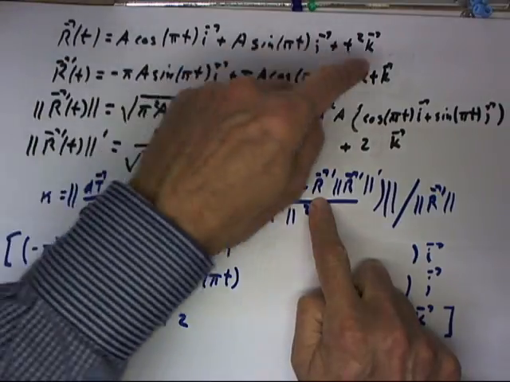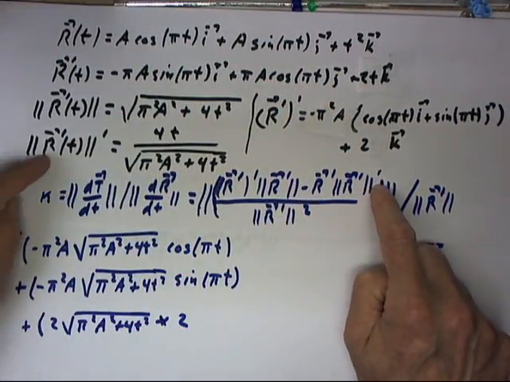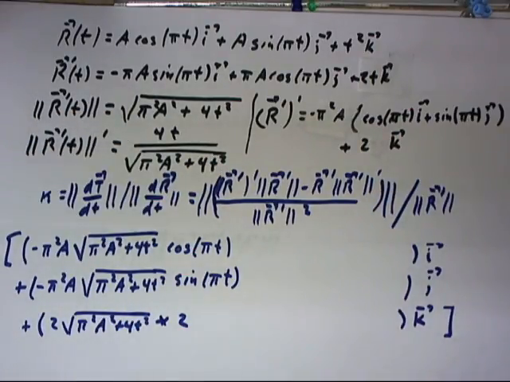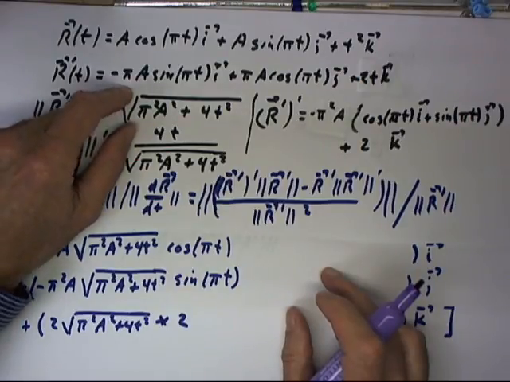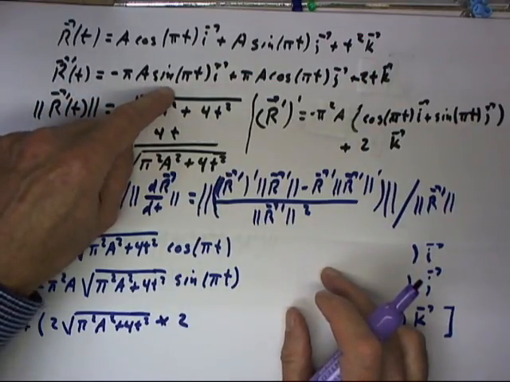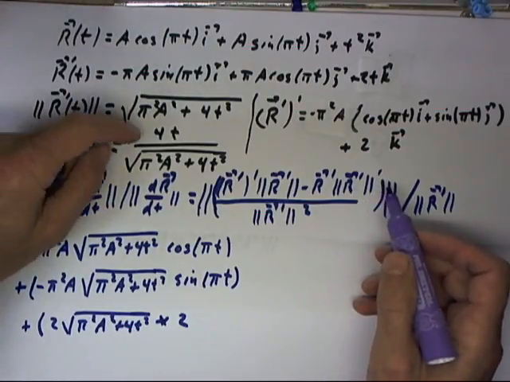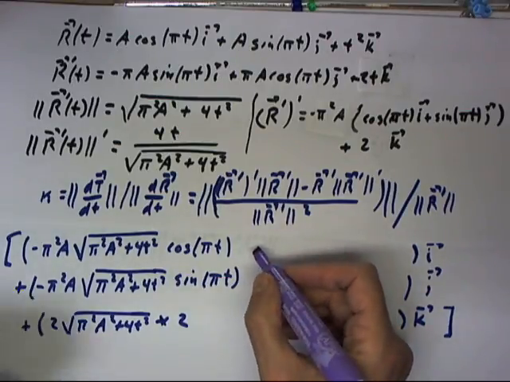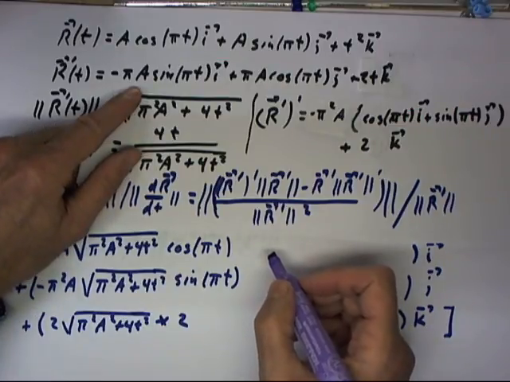r prime is this expression. The magnitude of r double prime is just 4t over the square root of pi squared a squared plus 4t squared. So this really is not going to be too difficult to write out. Okay, our r prime has, on the i, a negative pi a sine of pi t, and our r double prime has a 4t over this square root. So we're going to have, let's be careful about signs, negative pi a